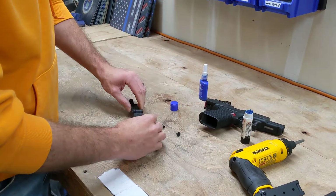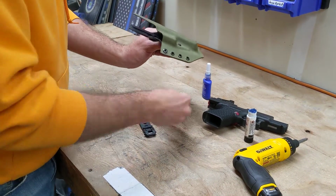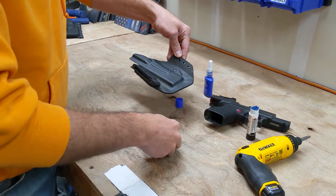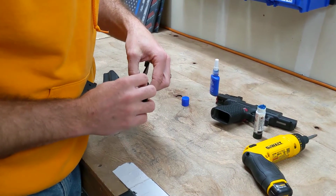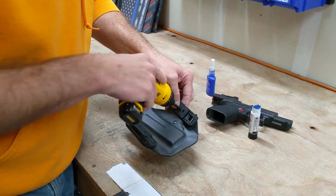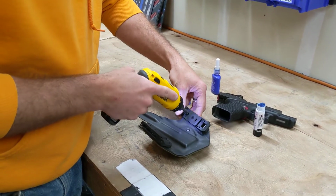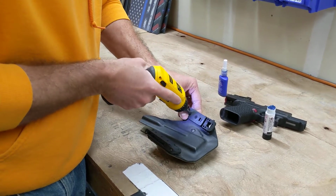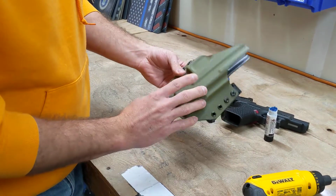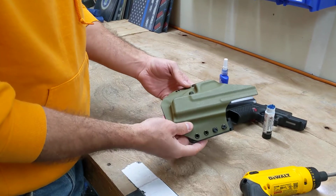Once that's done, you just take your posts and put them in whatever holes you'd like as far as where you want it to ride on the belt. Put your screws in the posts and then cinch those down. And don't be afraid to cinch them really tight too. I mean, whatever it takes to not have them back out of there. And then you're all set. Mount it back to your pack. After that cures, obviously those screws won't be coming out,